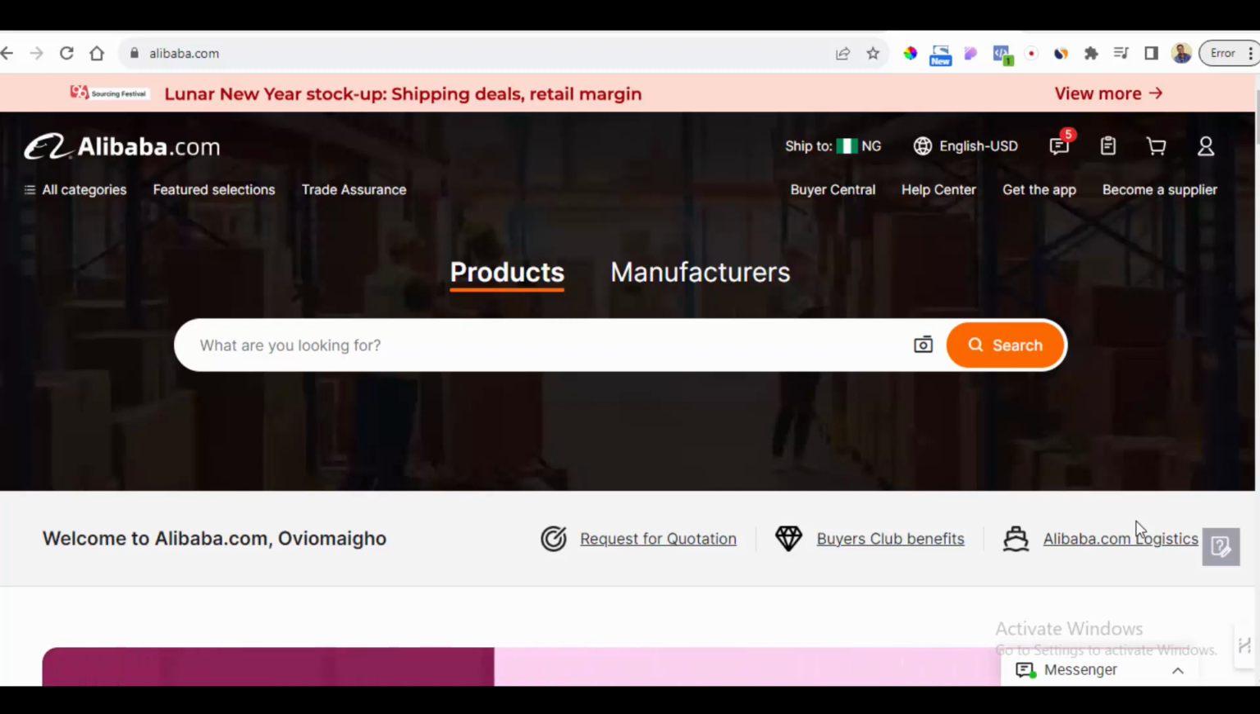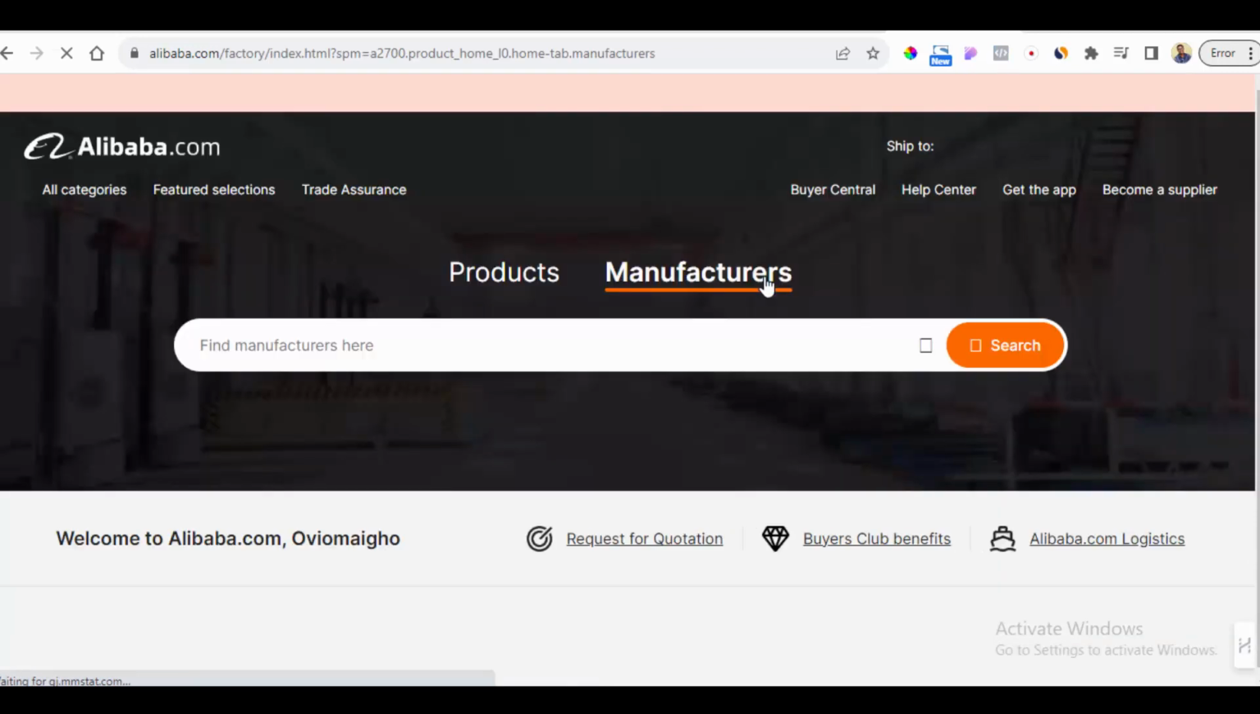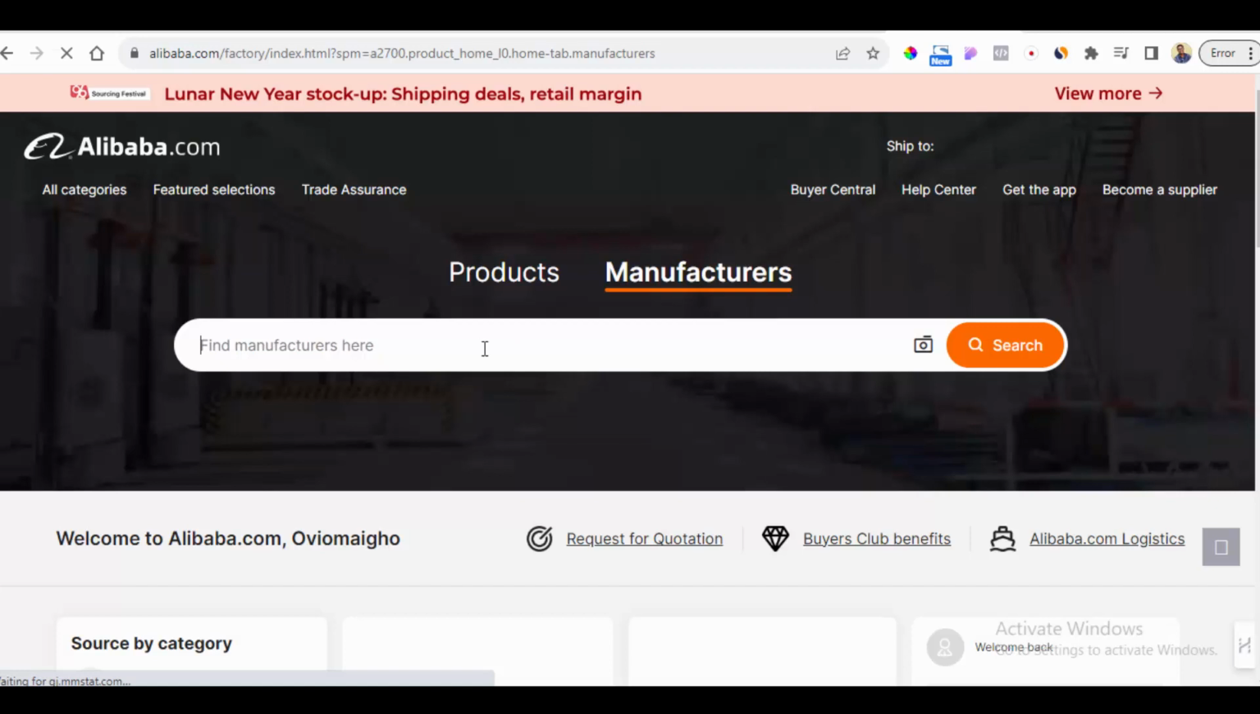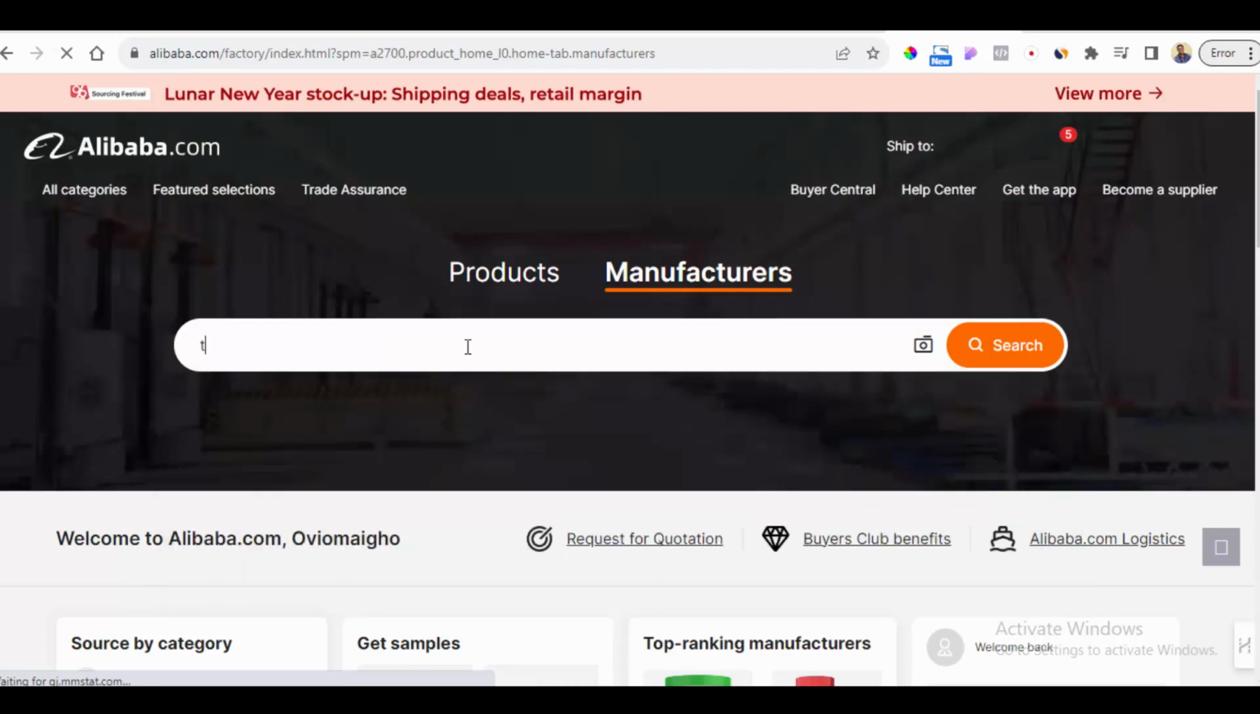Okay, now if you are set to do this, then you want to look for manufacturers. Okay, we've talked about how you can find manufacturers in the previous videos. So you want to search for manufacturers. So let's say, for instance, you want to import a teeth whitening gel, right? So if we say teeth whitening,